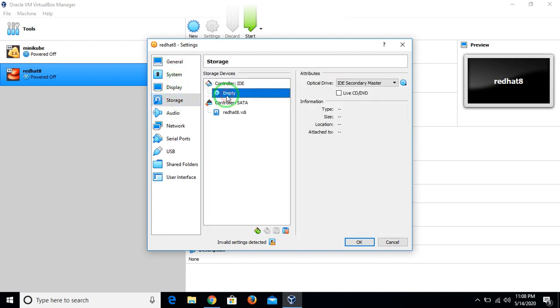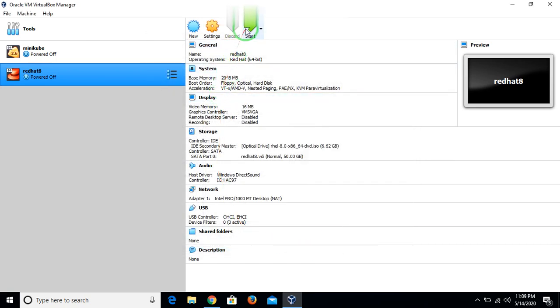Just go into the storage, click Live CD. I have already created it. So the Red Hat OS option information will come up here for the ISO image. It's like a CD, an ISO image is like a CD. I have attached it to my VM. So just click OK, and then start your machine.